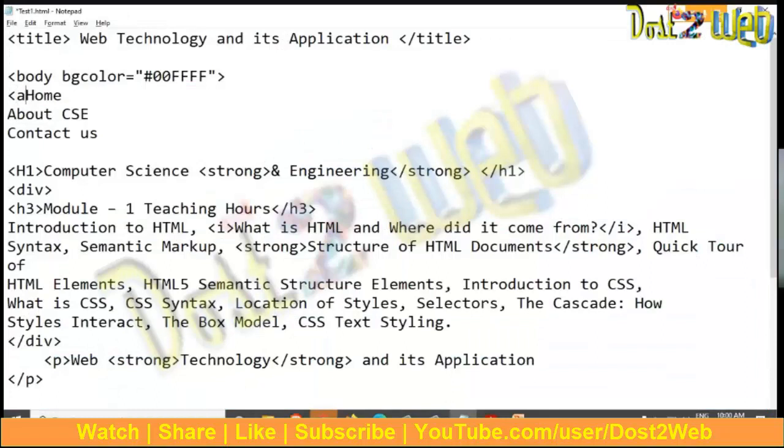So I'll use a, the anchor tag, href is equal to, with double quotes. I'm not writing any URL, just writing any code. So this is one, this is the second part, this is the third part.